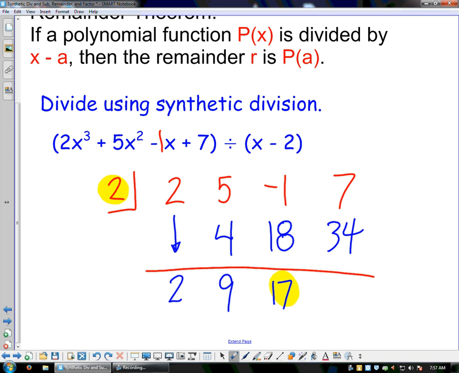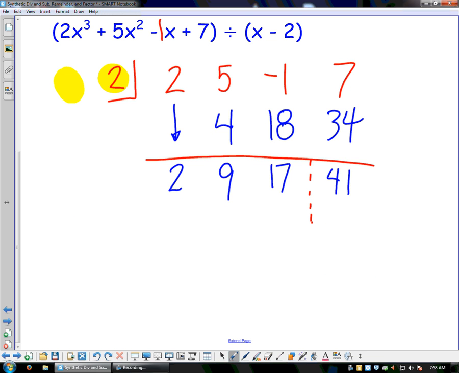And then add one more time, and we get 41. Okay, now we leave the 17 there. We're all done multiplying. Maybe we want to wall off that last number again. So what this theorem was really telling us is that that last answer you get, that last number,